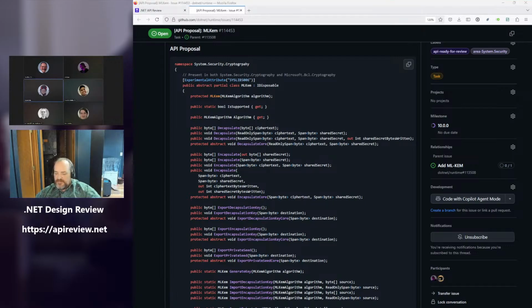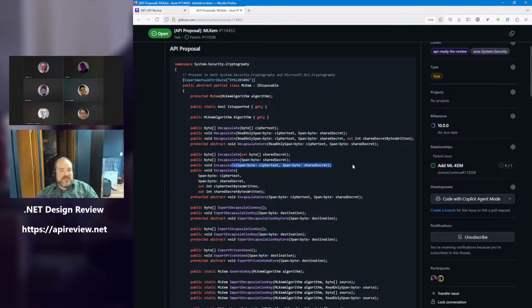Seems fine. Yeah, that matches my expectation from what we did with the encapsulate. Is there a reason that we want to enforce that it's exact and not larger than in these cases? So for this version, where it's not telling you how many bytes it wrote, it's just making sure that you're aware